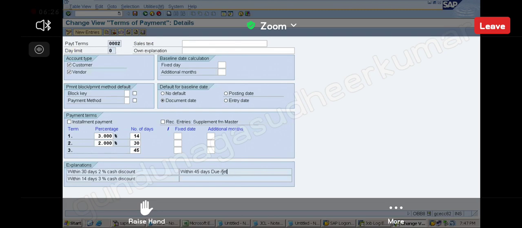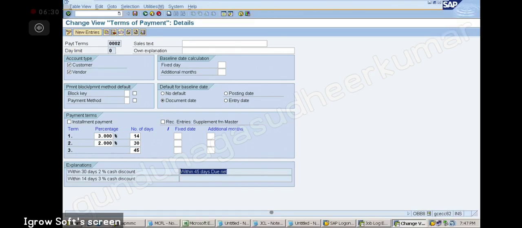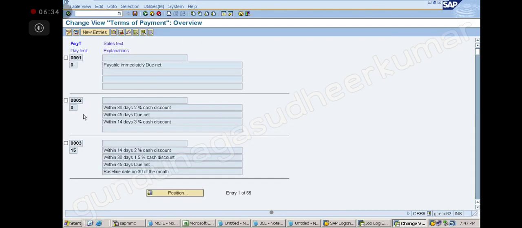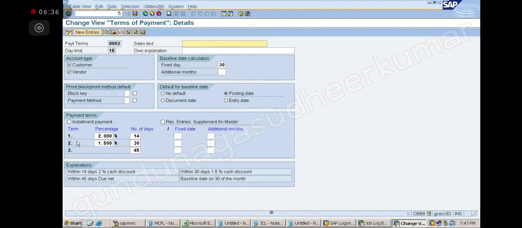Within 45 days, net. So it will automatically take, the explanation will be here at the bottom. There are 4 lines here: within 14 days, 2%. Within 30 days, 1.5%. Within 45 days, you have to pay. Is it clear?